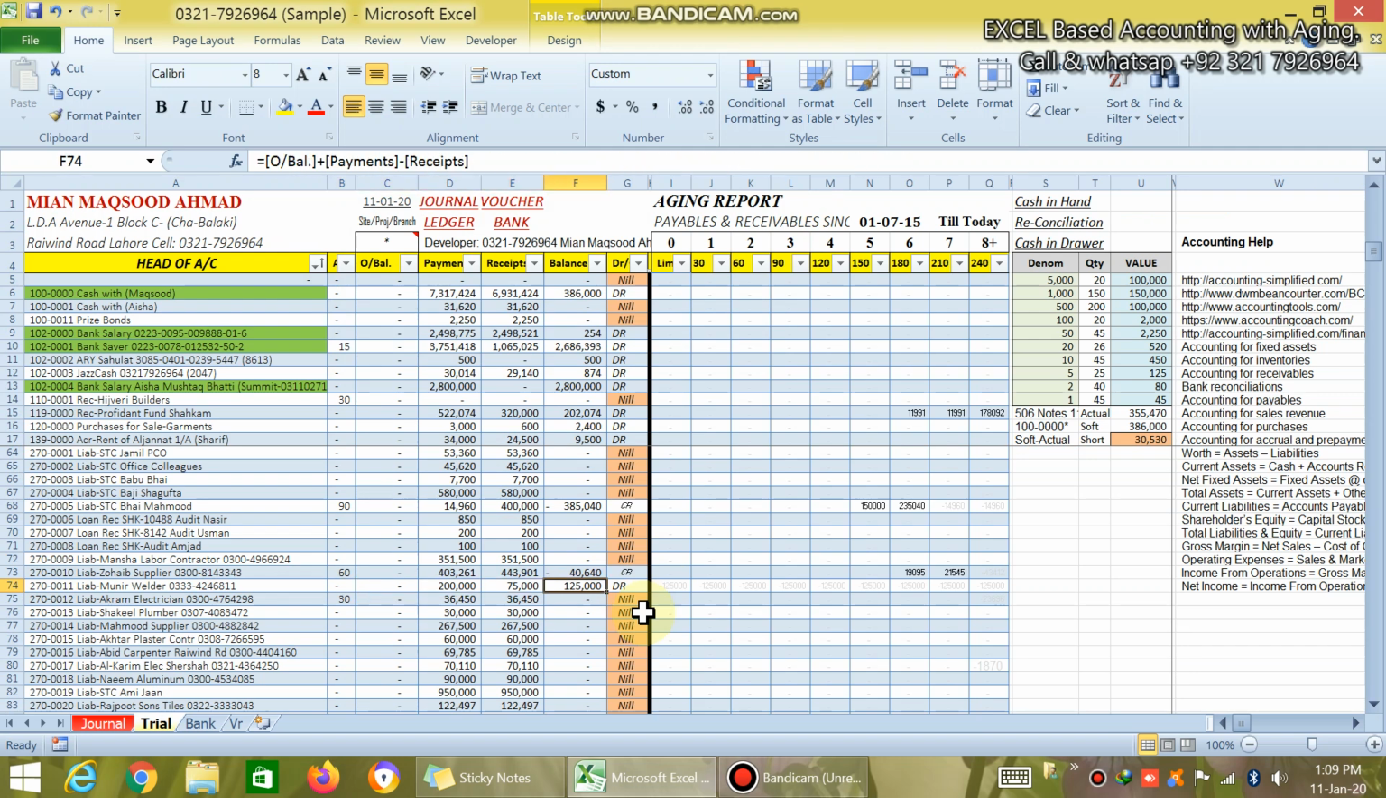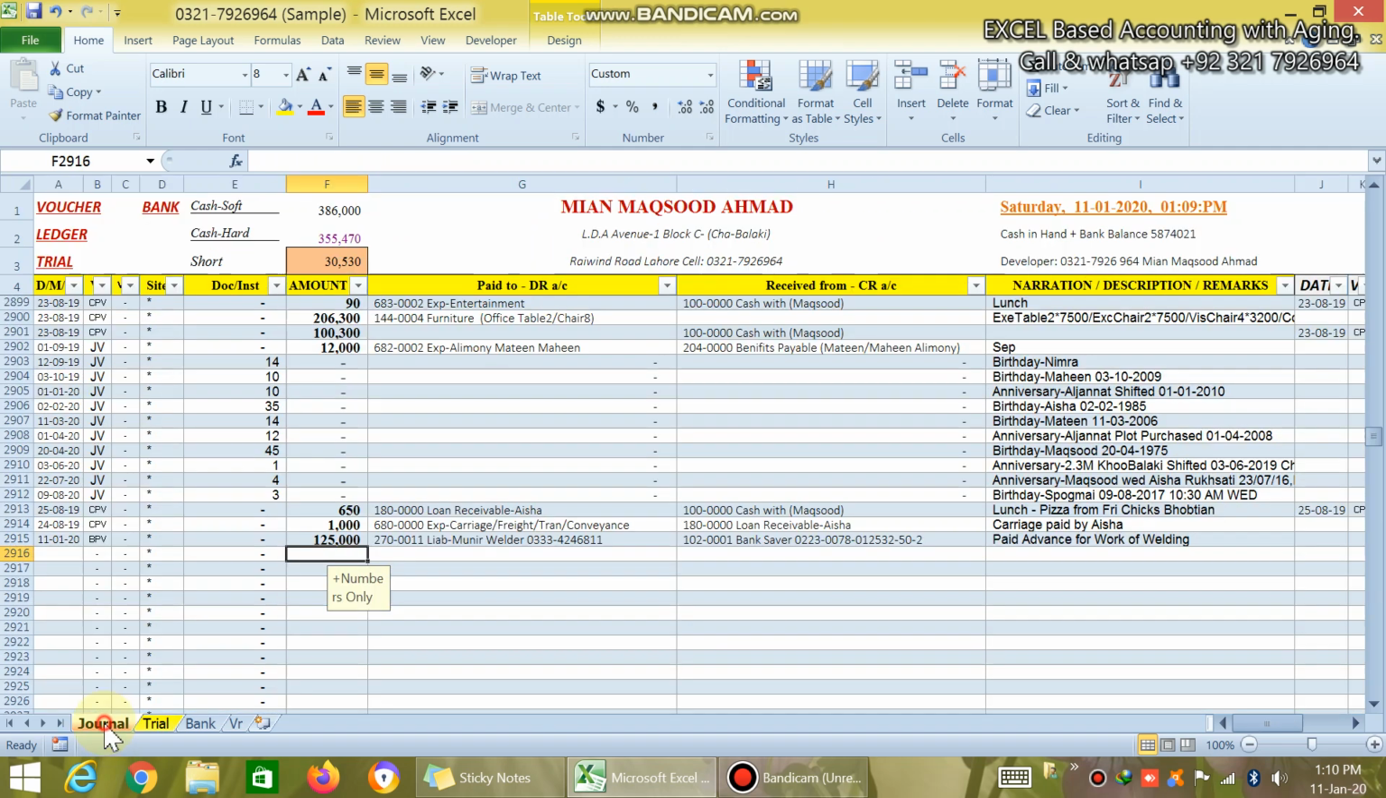Here you see 150,000. If the party is giving a bill of 130,000 with a balance of 5,000 payable, here we will see in the journal part Munir Welder is giving the bill of 130,000 on this day. You will see there is a